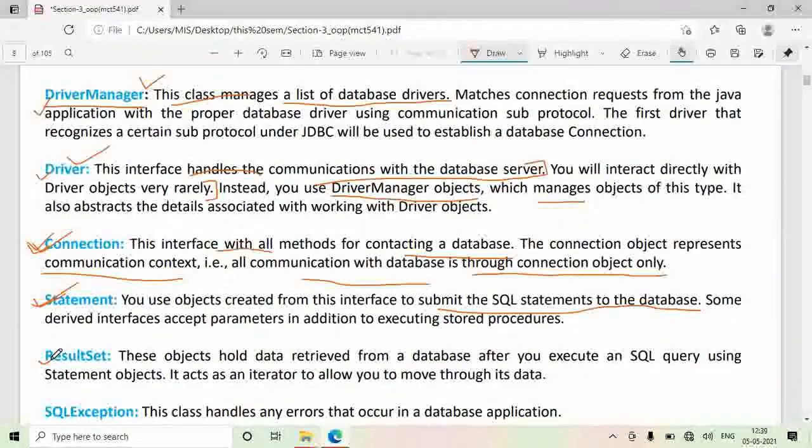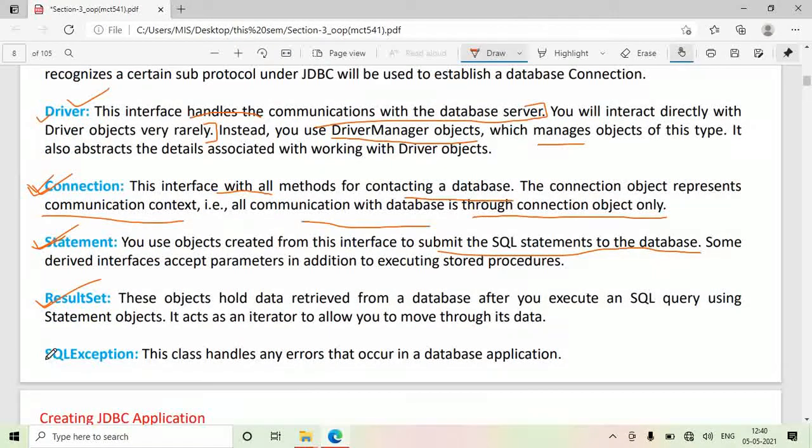Result set: when you execute your SQL query, whatever data you retrieve from the database gets stored in this result set object, and then you can access this result set object and perform your operations in your Java code. SQLException: this class will handle any errors that occur in a database application. It will throw an SQL exception.